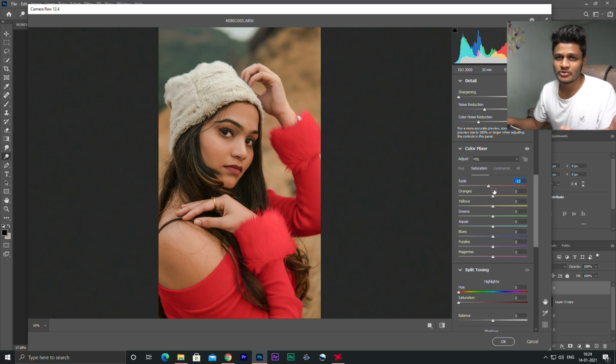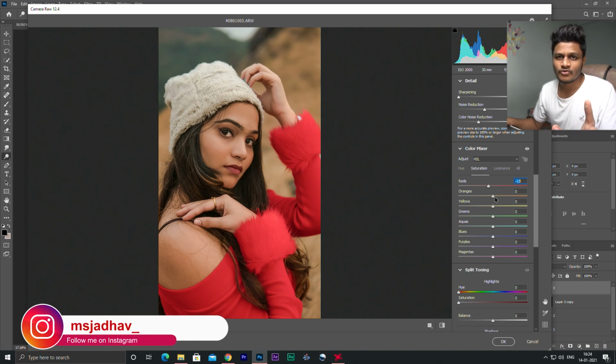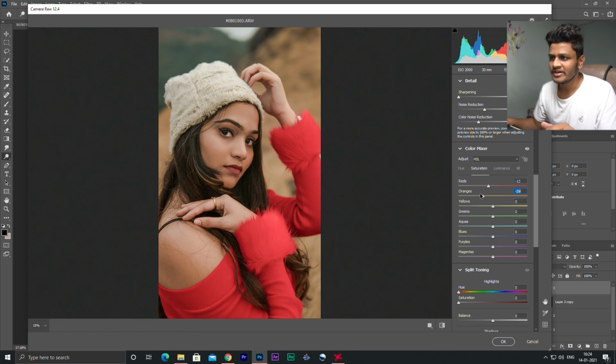You can do according to your portrait like I mentioned earlier, but I will just give a tip which is common for all the images: the orange part always denotes skin tones. So if you mess with the orange, then you will see we are messing with the skin tones directly. I will just decrease the saturation of her skin by around -4.